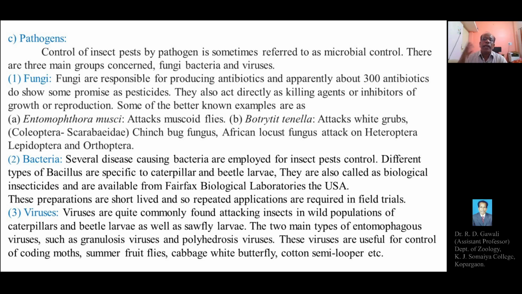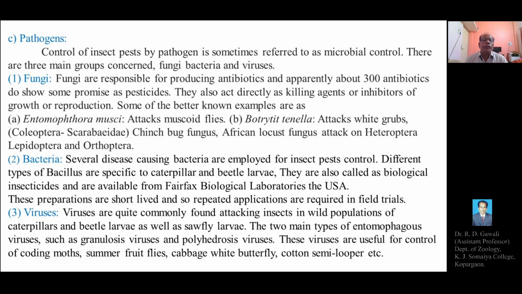They also act directly. Certain fungi can act directly as killing agents or inhibitors of growth or reproduction. So there are certain fungi which can be used directly for the destruction or killing of insect pests, or as inhibitors of growth or reproduction of insects. Some of the better known examples of fungi are